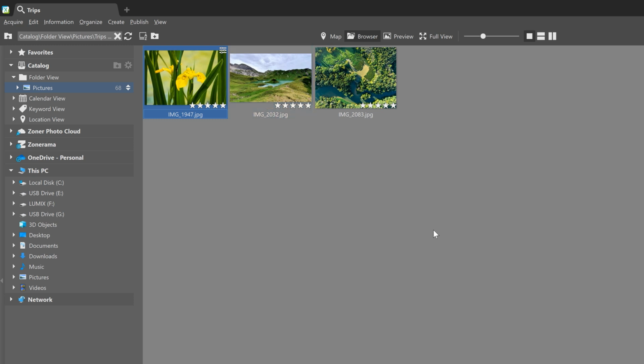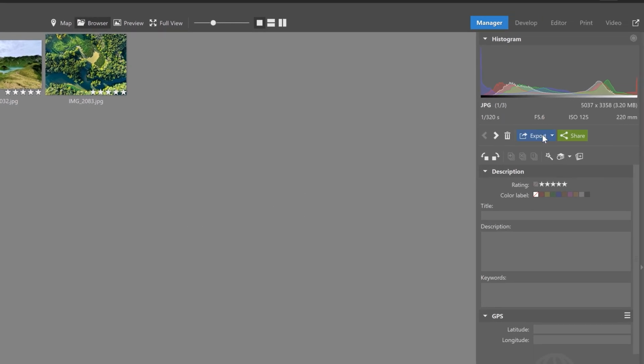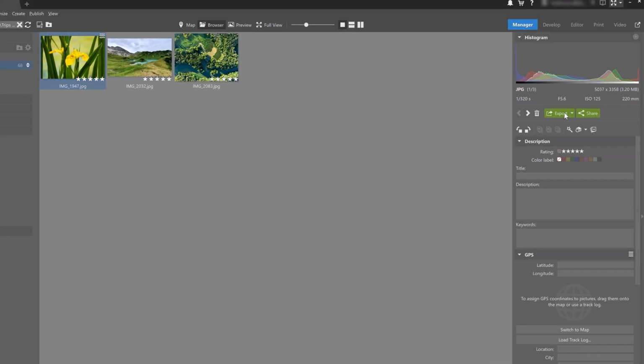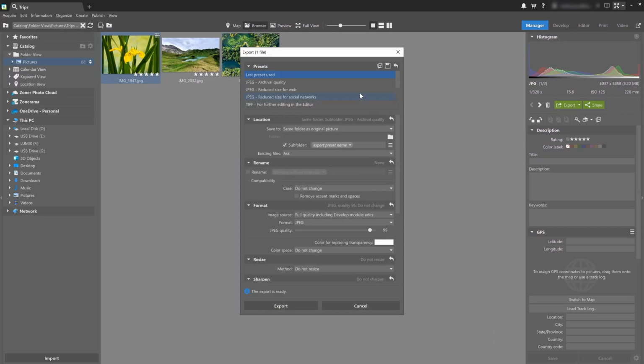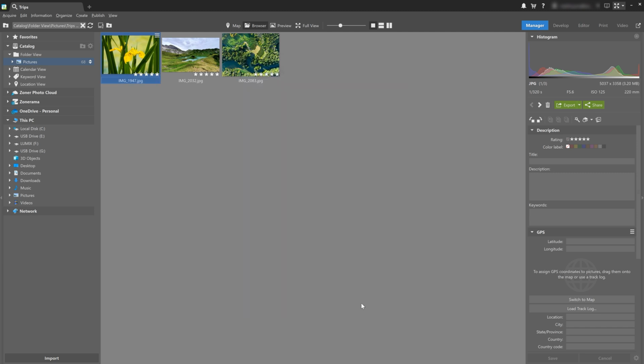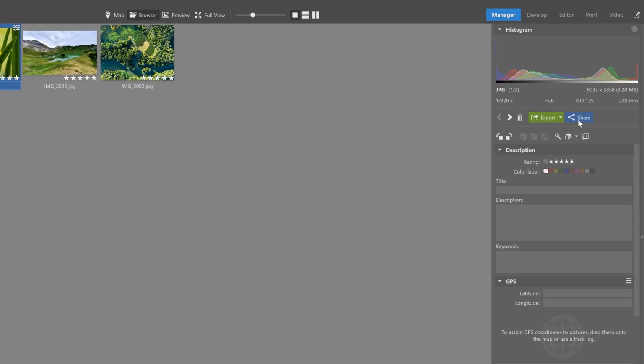If I go back to the right side panel, I have the export option here, which is an important function, but we'll talk more about that in its own video on this channel. And I definitely recommend watching that video because it goes into much more detail. And I probably don't need to explain the share button for sharing on social media. It's just that. You click on that right here and you can share photos directly from ZPSX to Facebook, Twitter, etc.